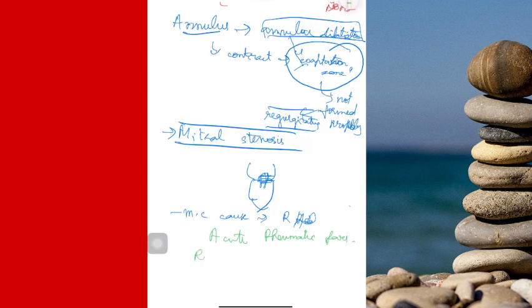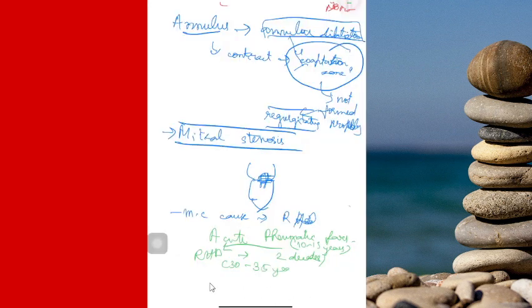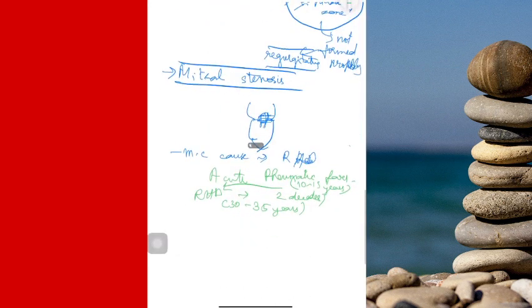So, rheumatic heart disease, whereas, is a medicine subject. Okay, it is a medicine topic. The approximate age of acute rheumatic fever is going to be 10 to 15 years, which we will be talking about in your pediatrics class. But rheumatic heart disease, the patient will come to you after a period of 2 decades. So, the interval for an untreated acute rheumatic fever to transform into a proper rheumatic heart disease would be around 2 decades. That is 20 years it will take. So the average age that you see patients with mitral stenosis is around 30 to 35 years, and it has a female predominance, as you all know. Okay.